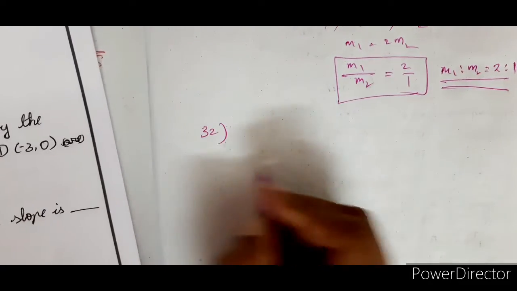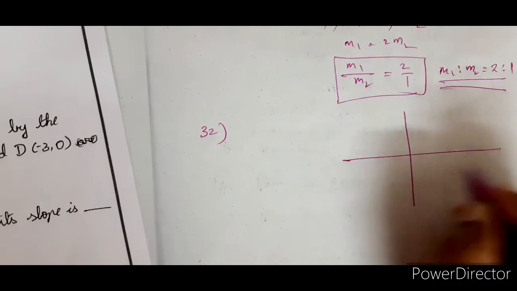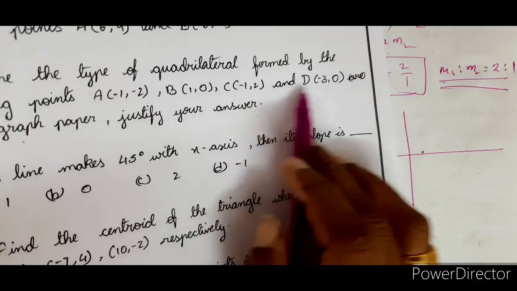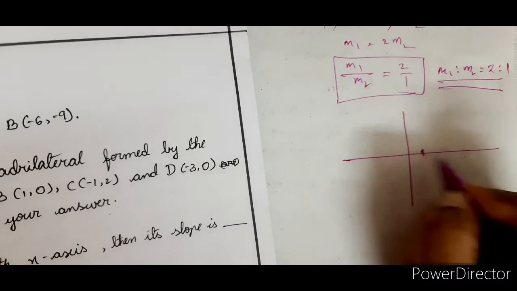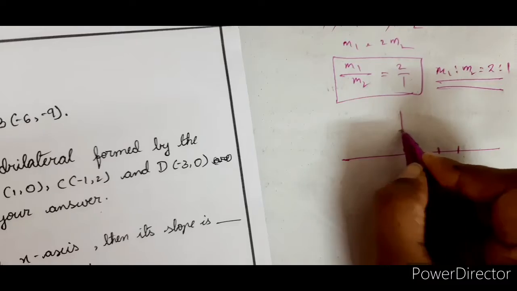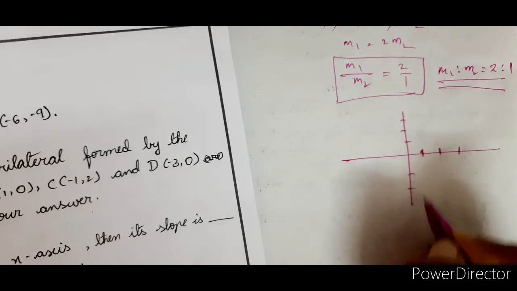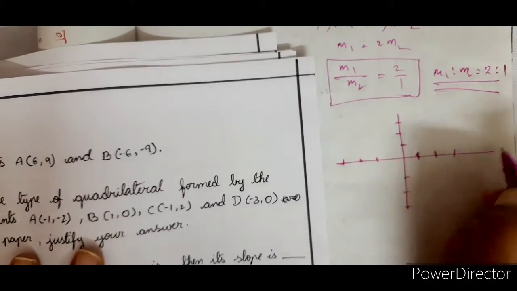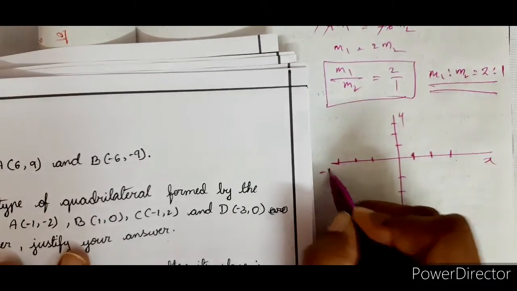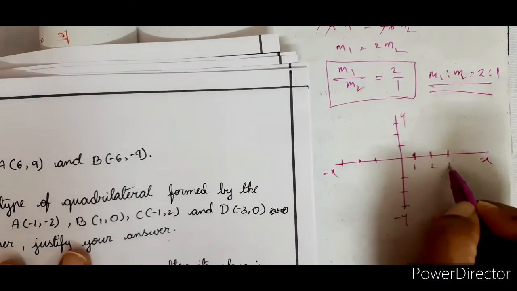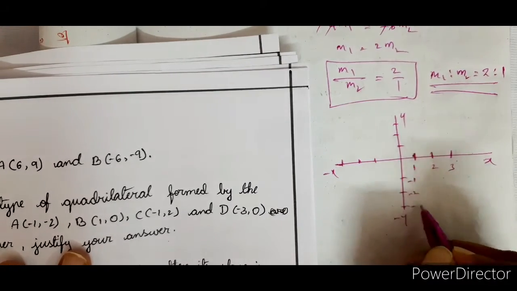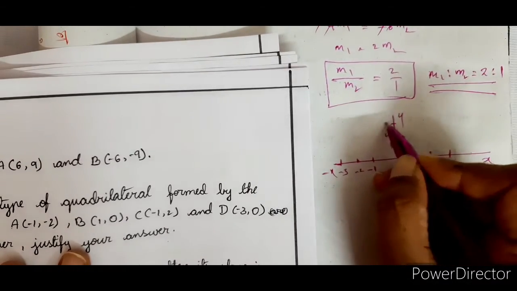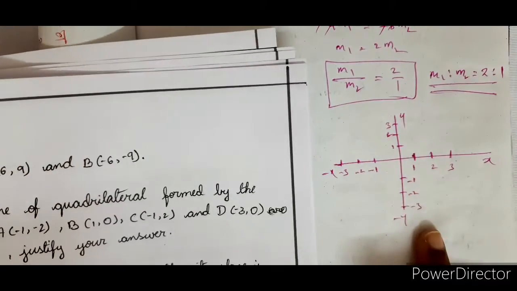So, problem 32. Let me draw. My limits could be like here, the highest values are only 1, 2, 3 on all the sides. Now here this is plus x, plus y, minus x, minus y. So this is 1, 2, 3, and this is minus 1, minus 2, minus 3. This is also minus 1, minus 2, minus 3, and 1, 2, 3. Okay, clear. So now we have the rough graph here.